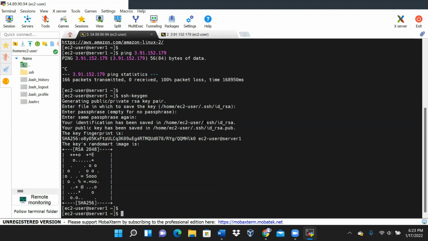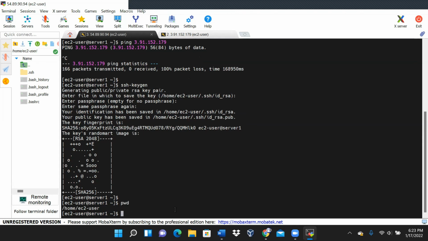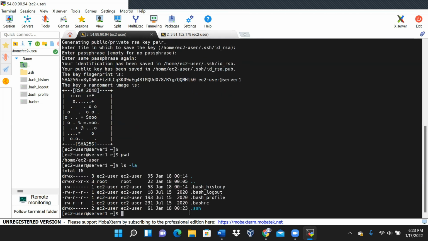Now, where was it generated? Look at the destination. So let me go to this place. Remember, we've done this, it is the .ssh directory, and inside it we have this. So let's go there. Where are we? Print working directory. We are here. ls -la. Look at the hidden directory. So cd